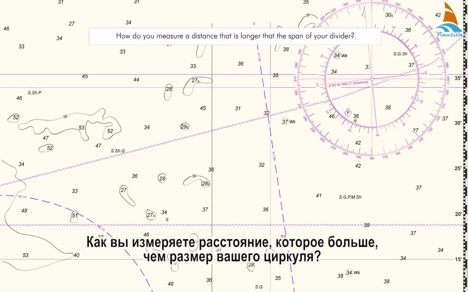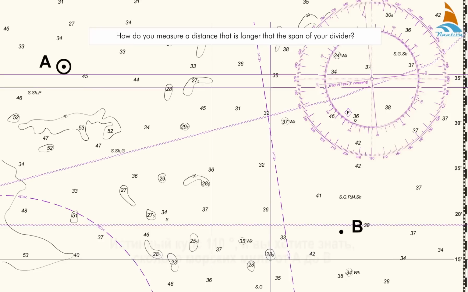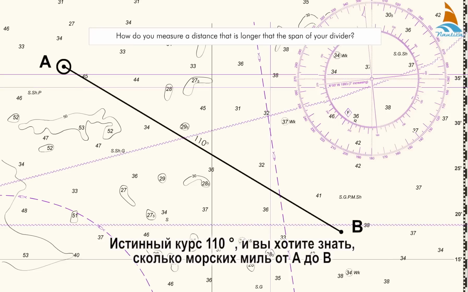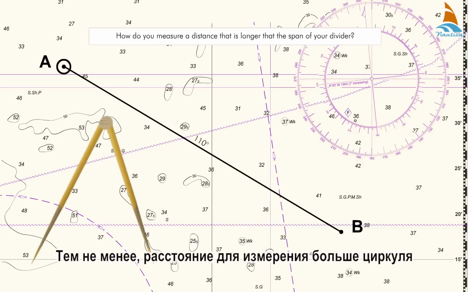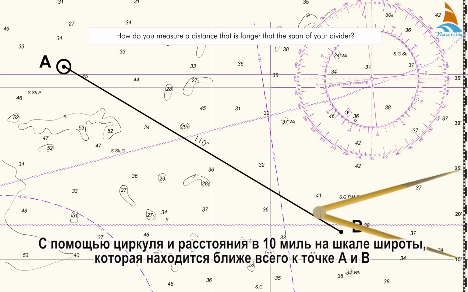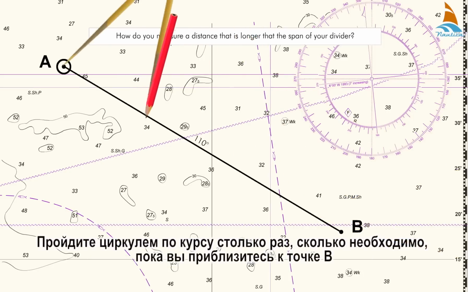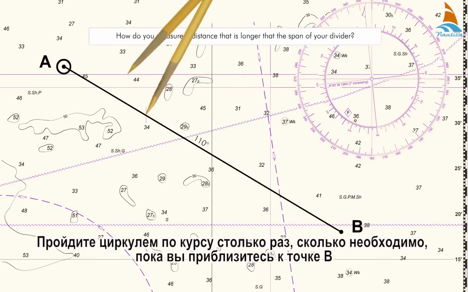How do you measure a distance that is longer than the span of your dividers? Assume that you're sailing from point A to point B. The true course is 110 degrees, and you want to know how many nautical miles it is from A to B. However, the distance to be measured is greater than the divider's span. Use the dividers and span a distance of 10 miles on the latitude scale which is closest to point A and B. Walk the dividers along the course as many times as needed until you get close to point B